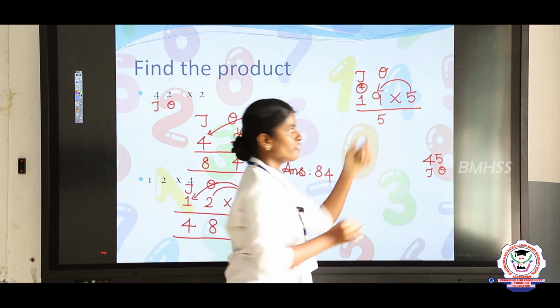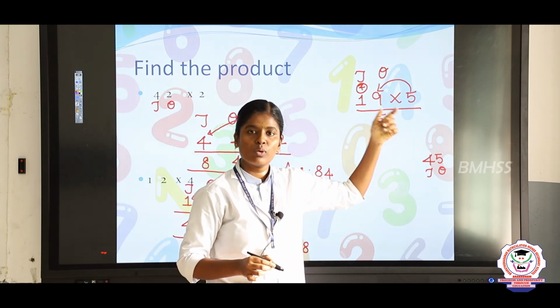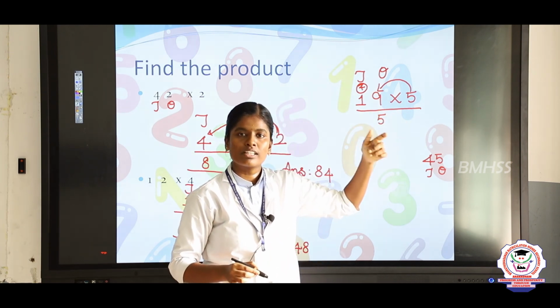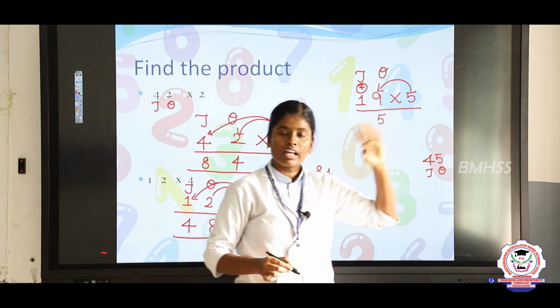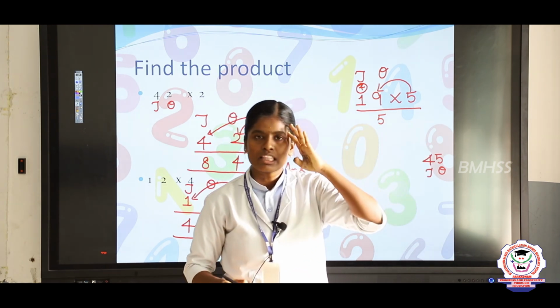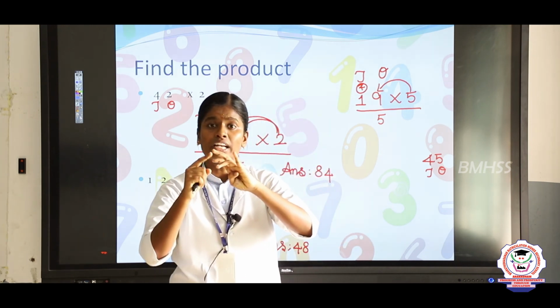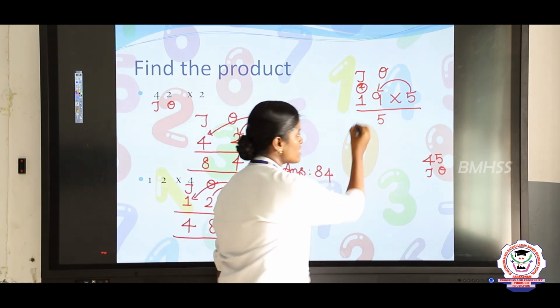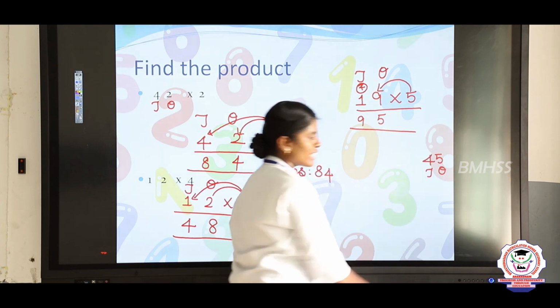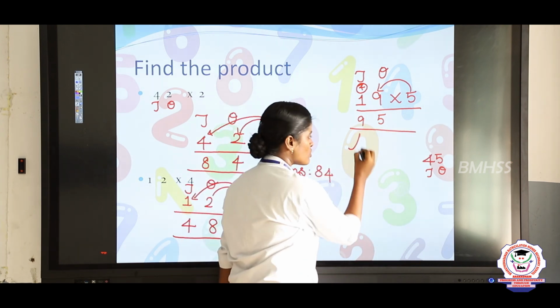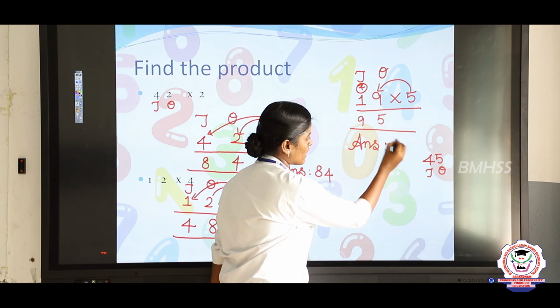The next you will take 5 1s are. So 5 1s are, what is the answer? 5 1s are 5 and then they are having 4. So 5 in the mind, 4 in the finger. 5 after, 6, 7, 8, 9. So the answer is 95. What is the answer? 95. So write the answer 95.